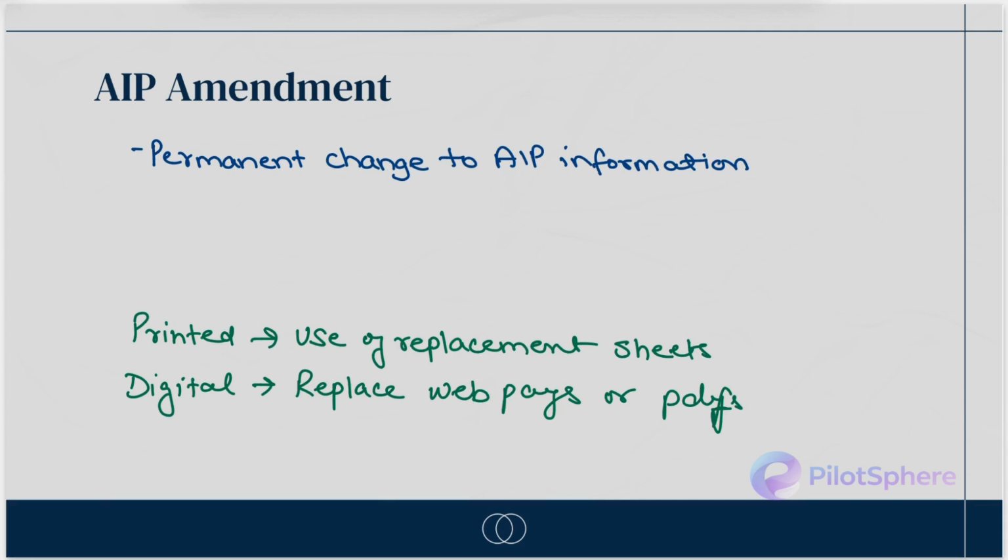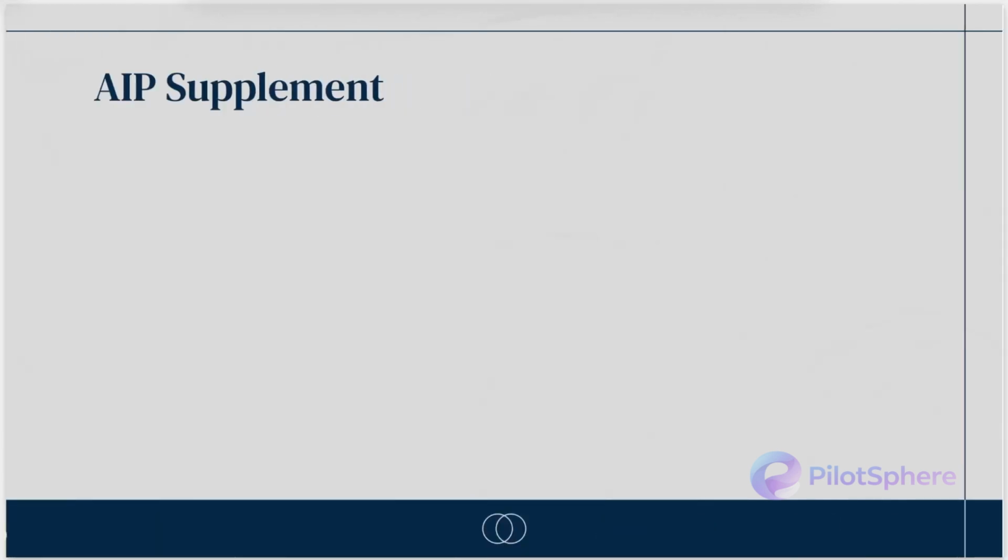Now, as I said, AIP supplements are the other way of adding information. So what if we have some information that is going to be of a short duration? For example, a taxiway is closed for a couple of months, a runway is going to be extended, or a military airspace is being active for some time.